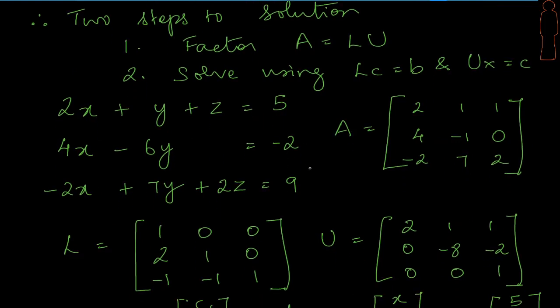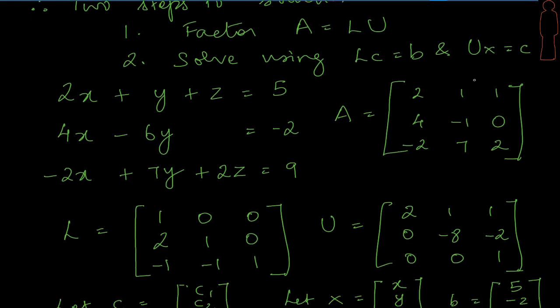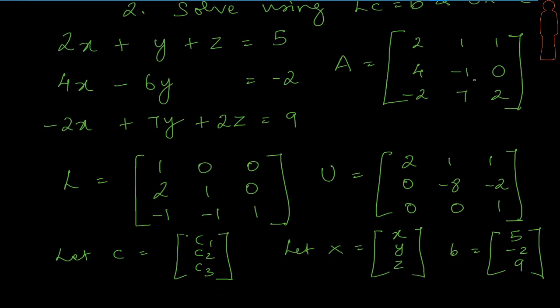Okay, so here is an example. So here is my coefficient matrix. We can see from this set of equations how we have brought this up. Now the U and L are the same as from the last session, because it's the same example. So I am not explaining how we got the L and U, but we have the L and U. So let us try and solve this using our recently found method of LC equal to B and UX equal to C. Okay, so let's assume that C is C1, C2, C3. We know our X is X, Y, Z. B, our right hand side, is 5, minus 2 and 9.